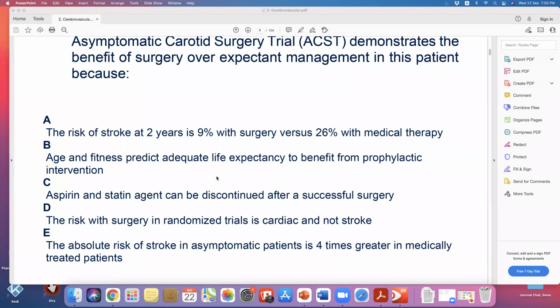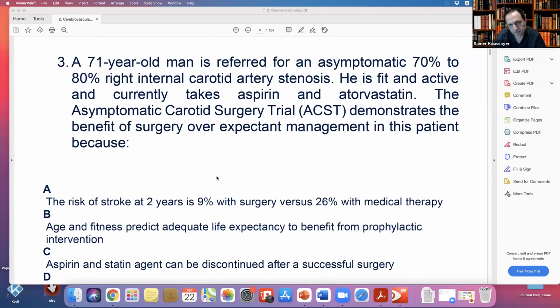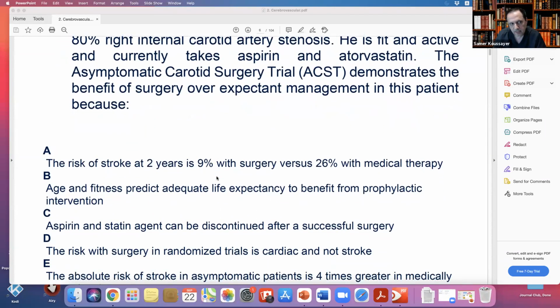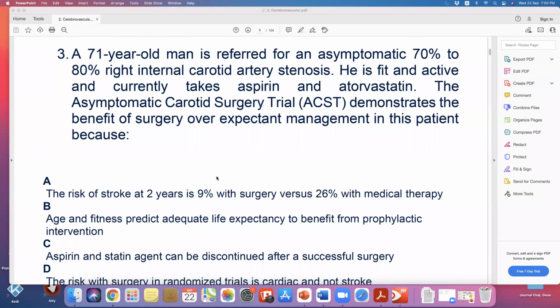B, age and fitness predict adequate life expectancy to benefit from prophylactic intervention. Yes. He is fit, right? They tell you he's fit. It's very clear. Asymptomatic. That means he will benefit. 70 is, as I said, a big age for the trial, but because they said fit and active, that means he can benefit. Fit for surgery. Yes, then I will offer him surgery for this guy if he's fit,